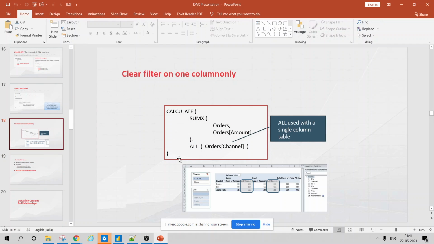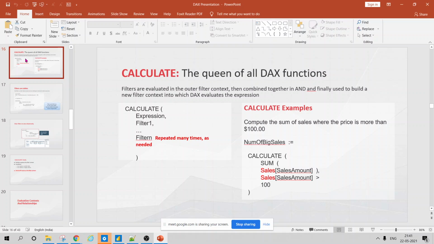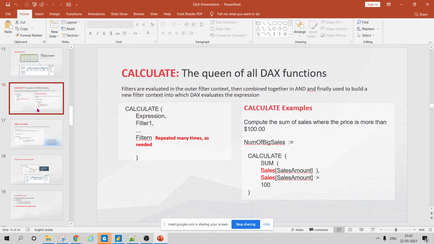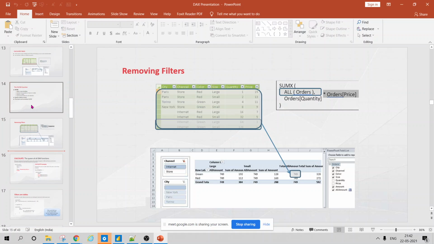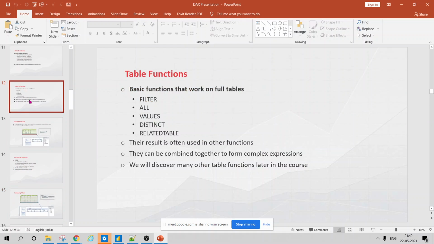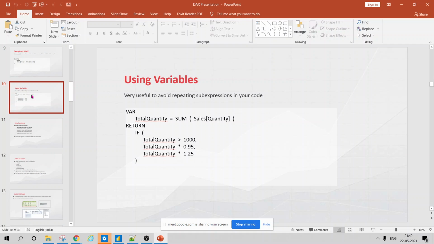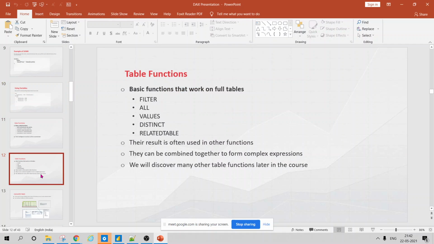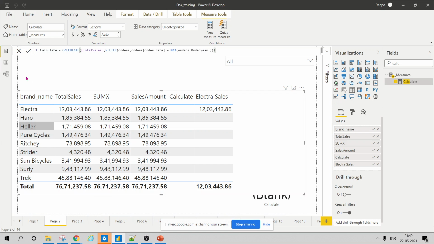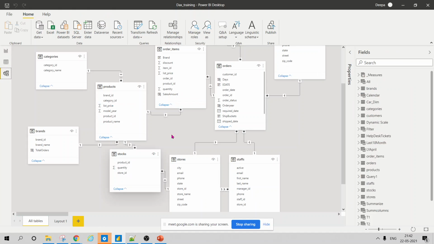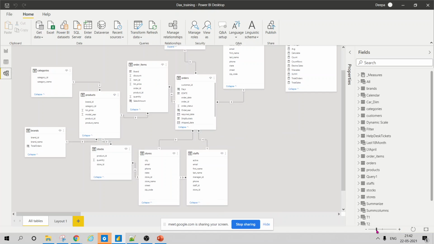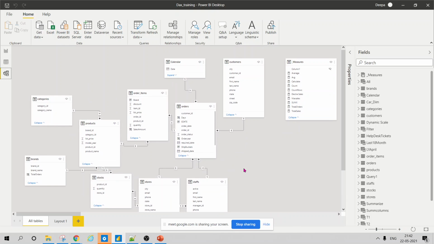So, in the morning, we learned about when to use calculated columns and when to use measures, and we also learned about the X functions. What are the X functions, how do they work, and we did up to variables. So there are multiple things for that as well. First, I needed multiple tables in a model, so I have created one model. I'll share it with you. This is the model that I have taken.